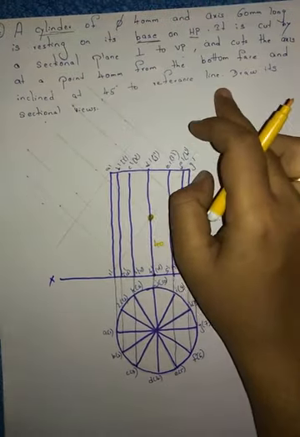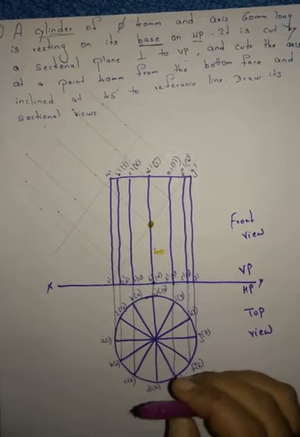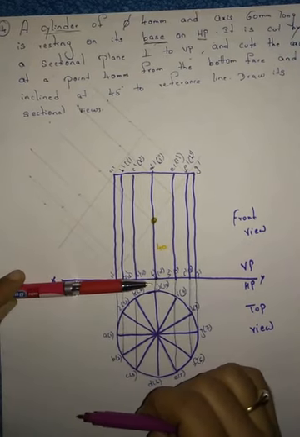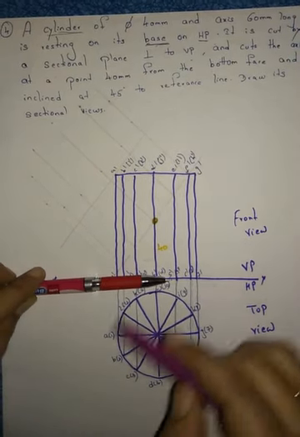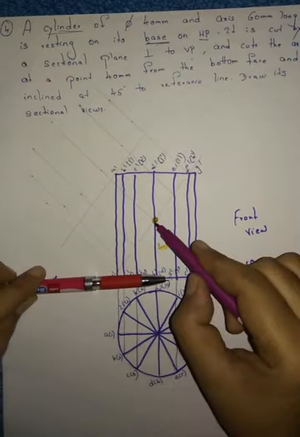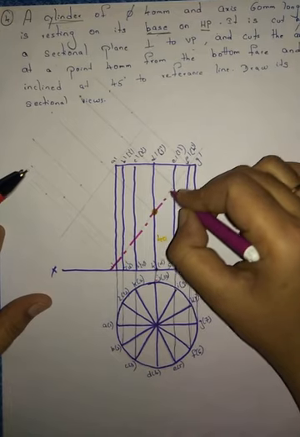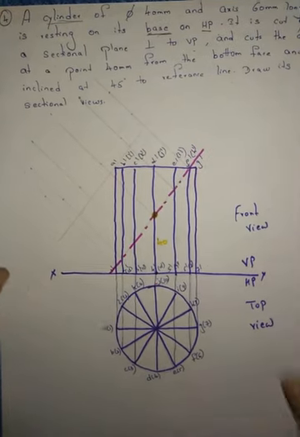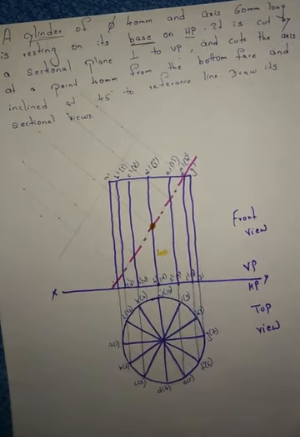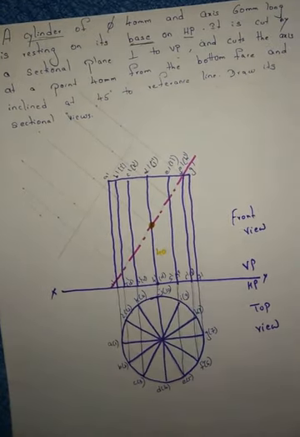To the reference line means to HP or to VP. We don't know that, right? Anyway, you are pointing here, right? So what I said, just keep your protractor here, move your protractor like this and see where 45 degrees touches this point. Draw the sectional plane, large dash, small dash, large dash, small dash, like this. Draw the sectional plane here, right?